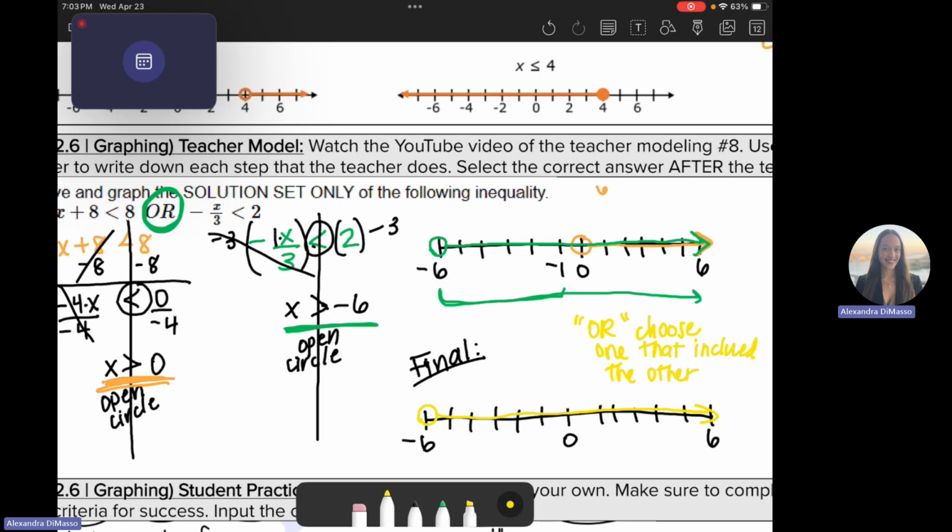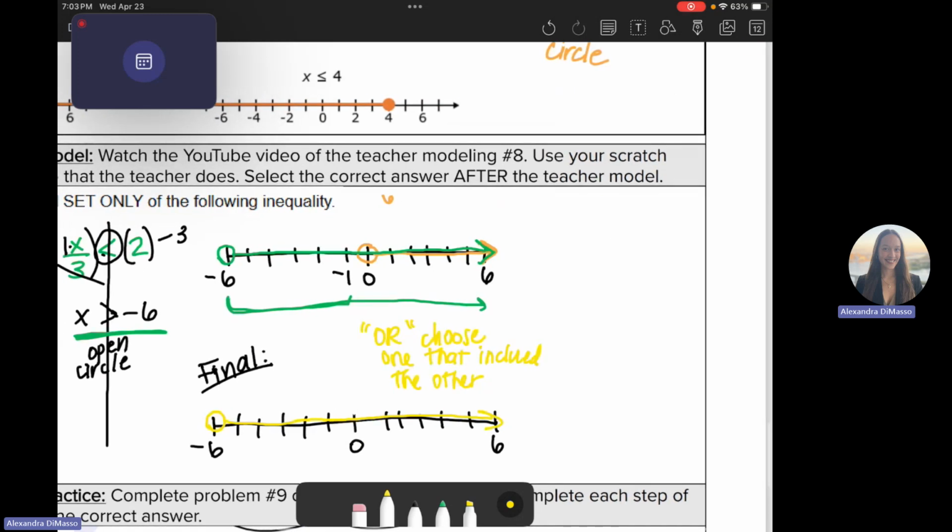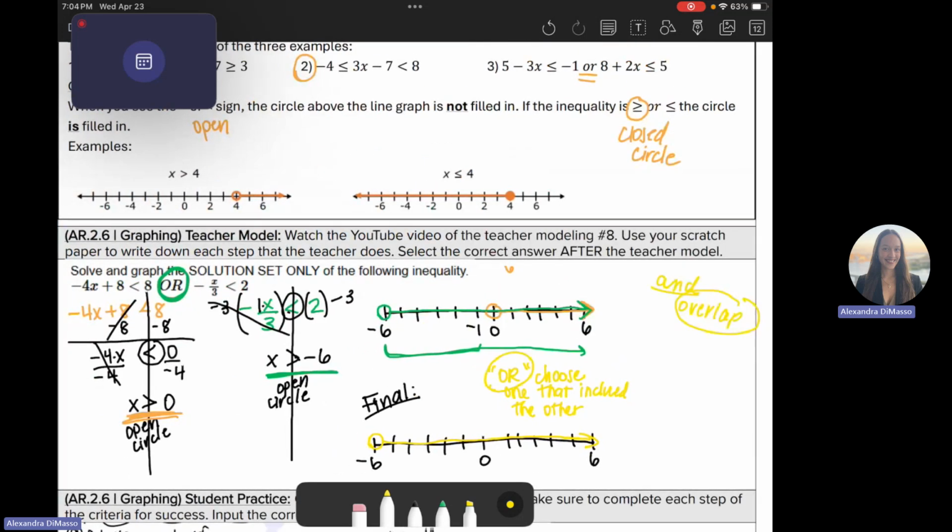If you see the word and, it means you're only doing the part where they overlap one another. Okay, so that's very important. If you see and, you're choosing the parts of the graph that overlap. Or means you are choosing the one that includes the other. So it's all of the pieces all together. Okay, so now take a moment,